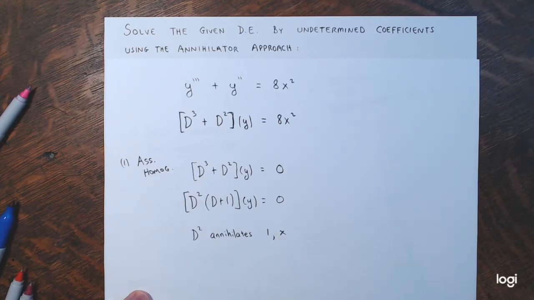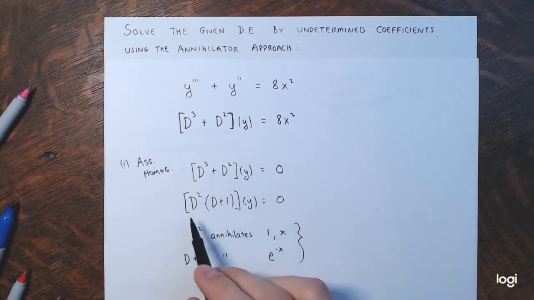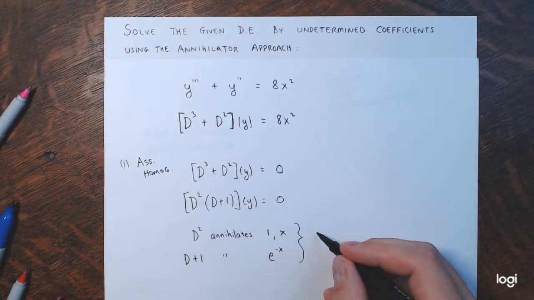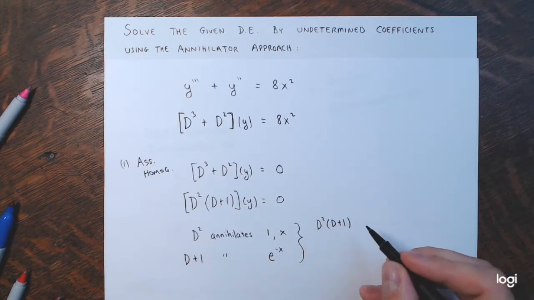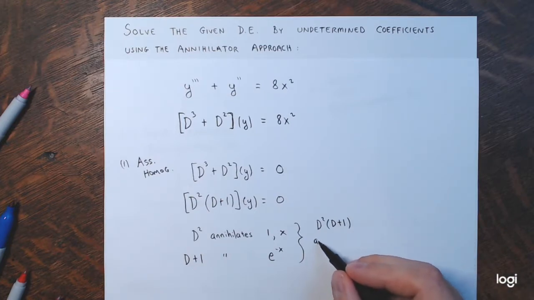So D squared annihilates any linear function. And then D plus 1 annihilates e to the negative x and any multiple of that. And this is their product. So D squared times D plus 1 annihilates